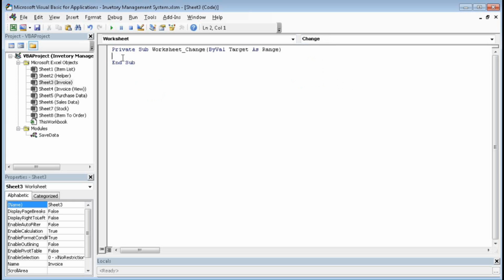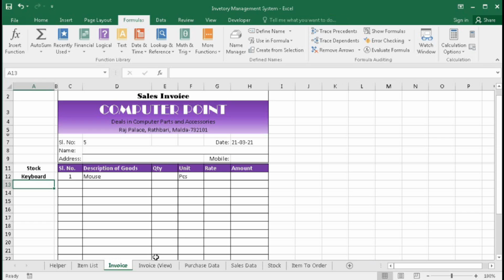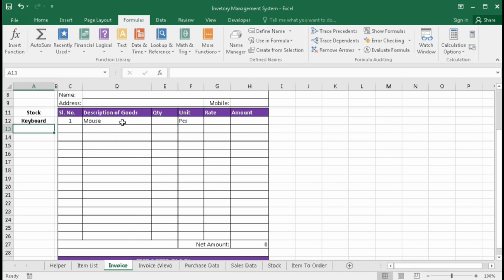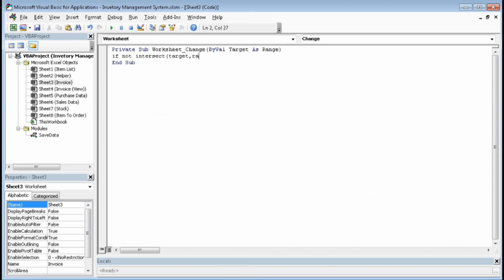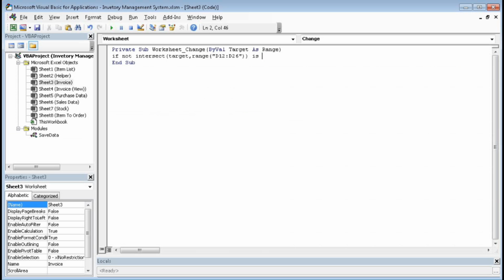and here type If Not Intersect(Target, Sheets("invoice").Range("D12:D26")) Is Nothing Then.